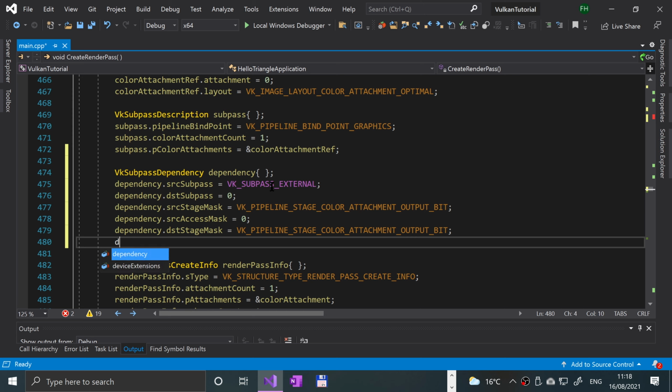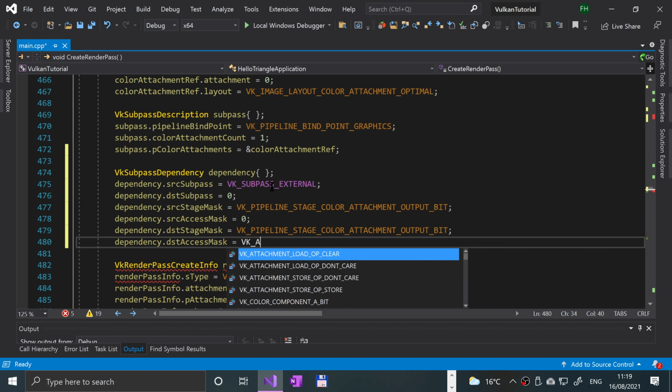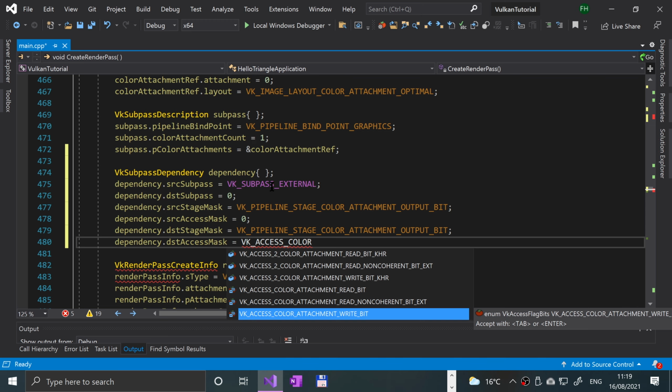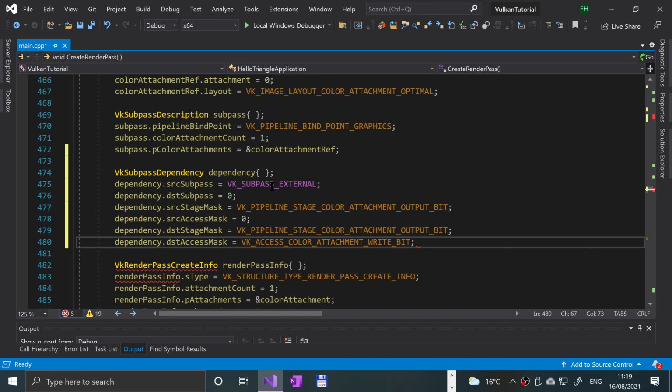And I'm going to say dependency.dstAccessMask is going to be equal to VK_ACCESS_COLOR_ATTACHMENT_WRITE_BIT;